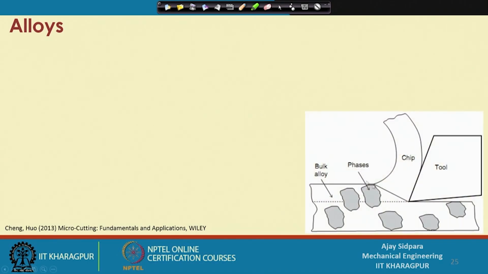alloys. So, now if you see, this is one of the alloys and there are two different phases available. This is the first phase and this is the bulk material, and now suppose this phase material is hard, okay, and the bulk material is a little bit soft. Now, you are cutting this material. So, when your tool is moving in this direction, now this is the location of the soft material,